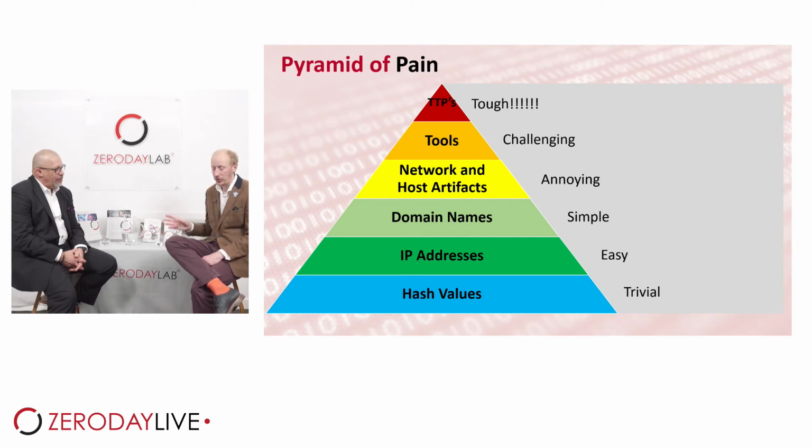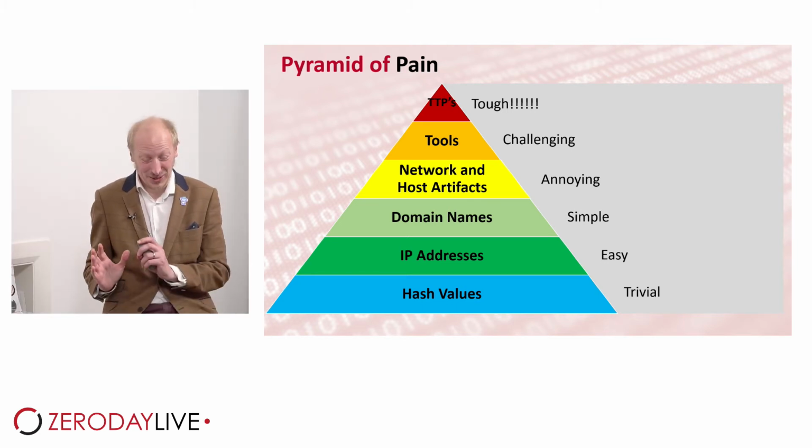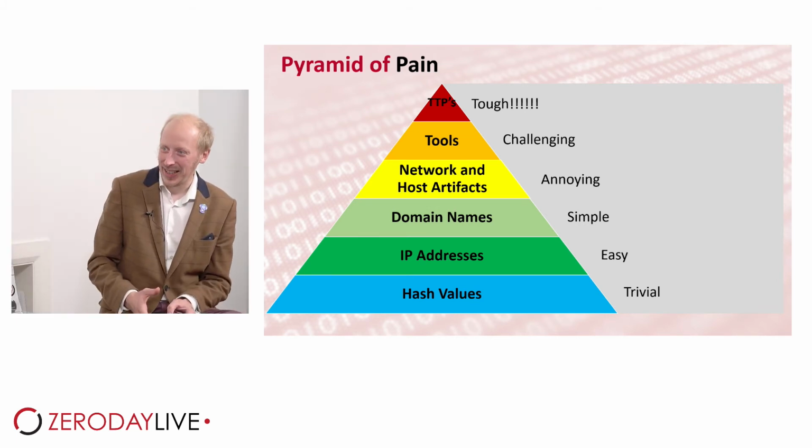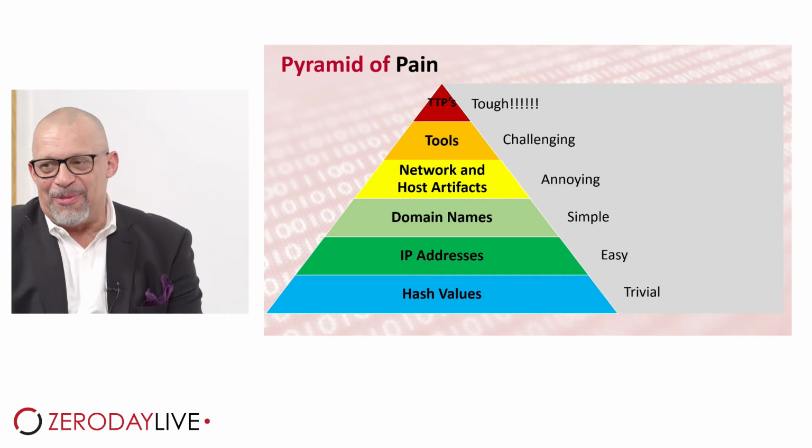Network and host artifacts are actually quite difficult to obtain. If you're dealing with an attacker that understands anti-forensic techniques, and anti-detection and evasion techniques, in most cases you probably won't get very much from that, unless, as we have seen before, attackers left a staging server on the network with all their tools in it. That's actually quite useful, because you can then get quite a lot of artifacts and information. But that's a rarity, or that's when they've been rumbled early in the process, before they've had a chance to clear up after themselves.